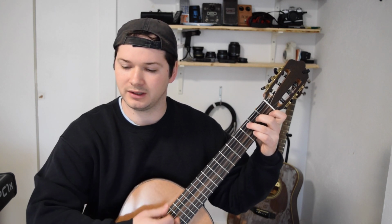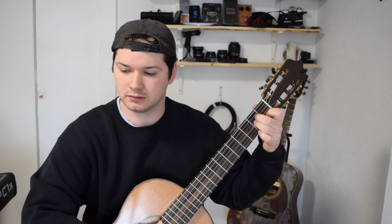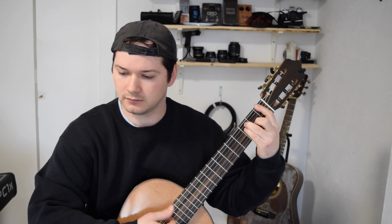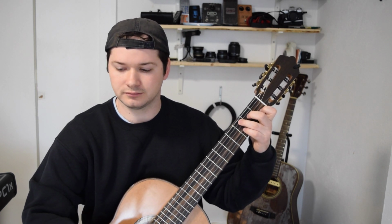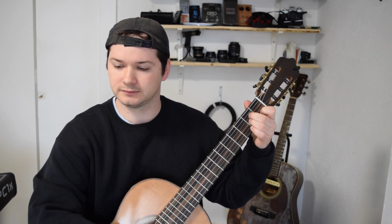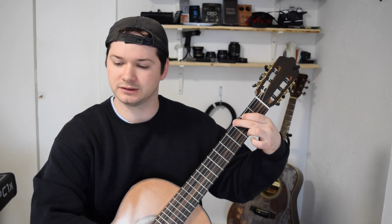If I want to master this, I'm not going to play it differently every time. If I do it differently every time, it's going to be really hard to master it. So you want to stick to the same strumming pattern, same picking patterns, using the same fingers every time. So I'll always do this same strumming pattern 2 times, then a little bit different there, then back to my 2 times, 2 strums, 2 strums, and then